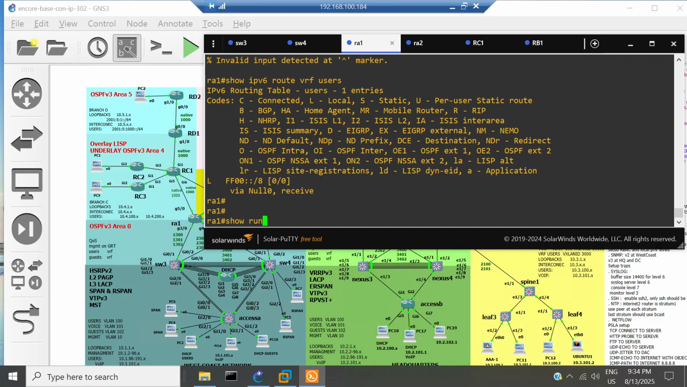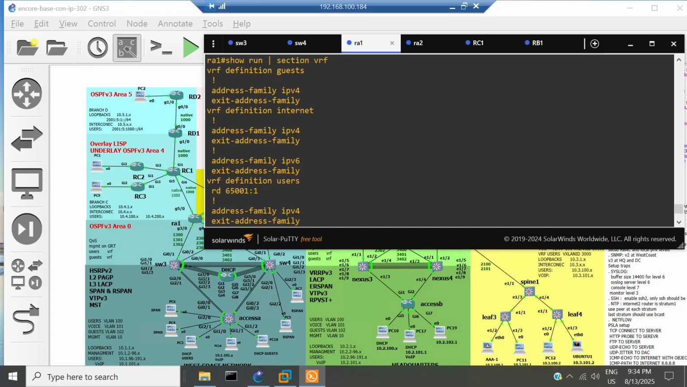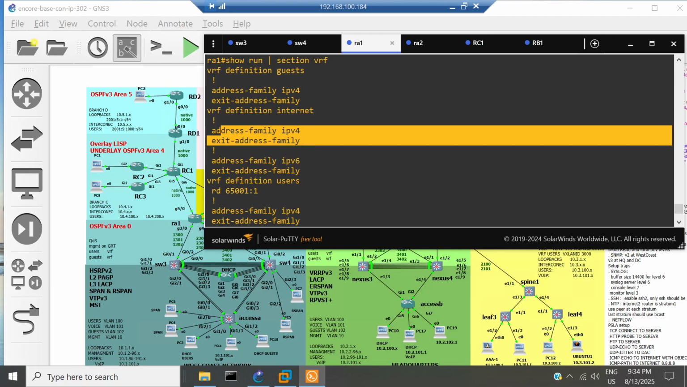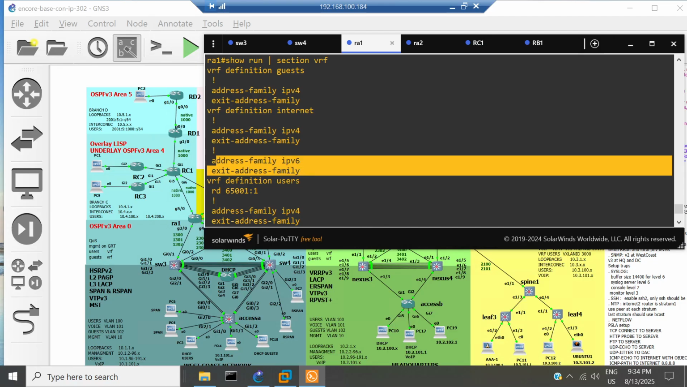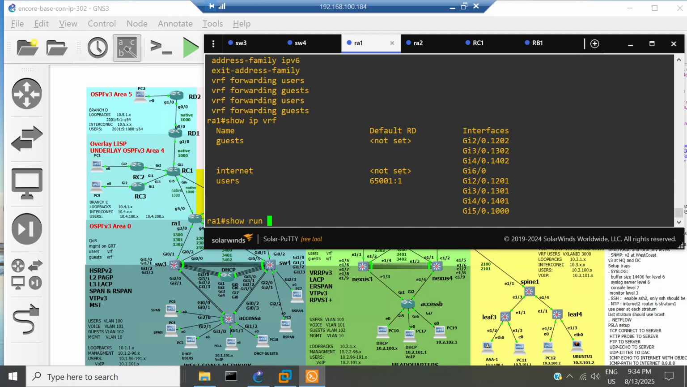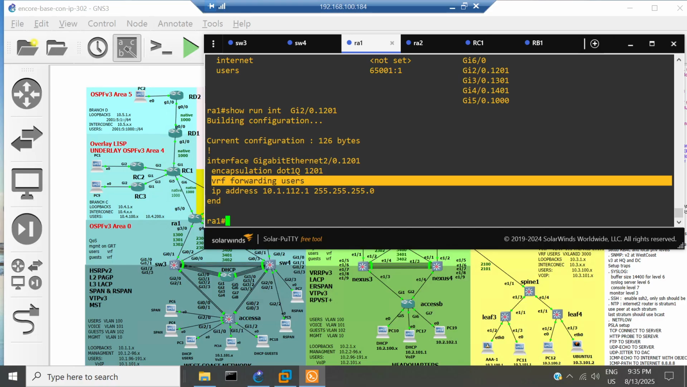So how do you configure your VRFs? Using the command vrf definition, and establish inside the VRF definition your address families, and then bind your interfaces into your VRFs. So for instance, using vrf forwarding. Now for Nexus,